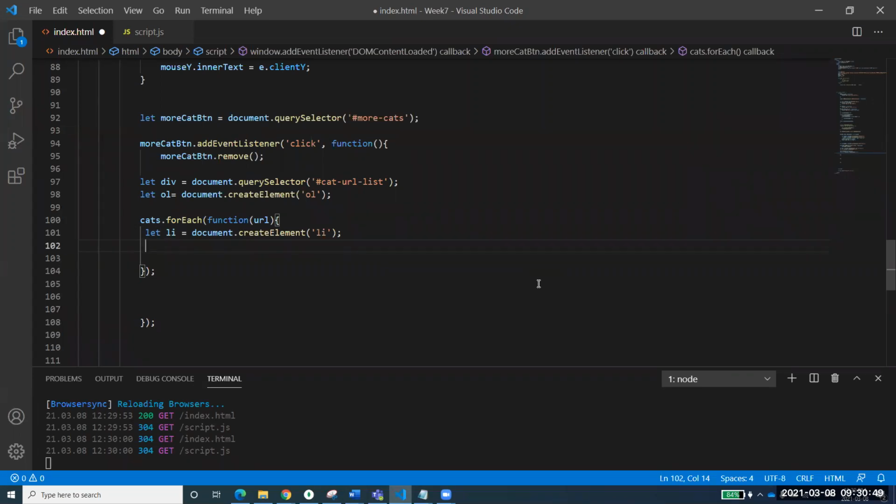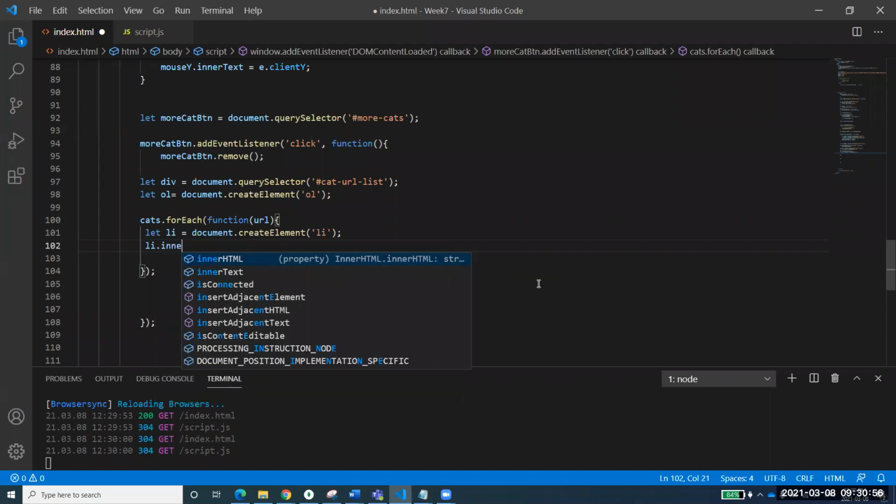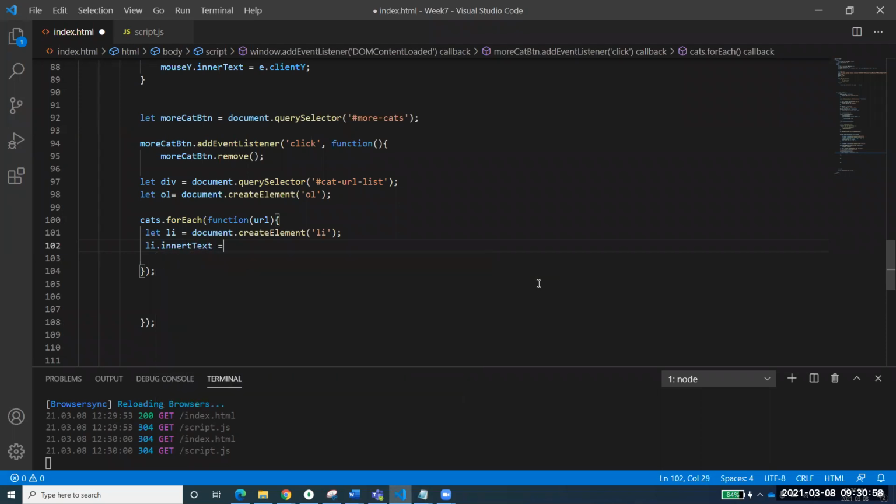For every element, create that. And let's talk about it. If I say li.innerText equal to URL, how many of you understand what that means? I am taking the li which you have created and adding this URL as the inner text of it.